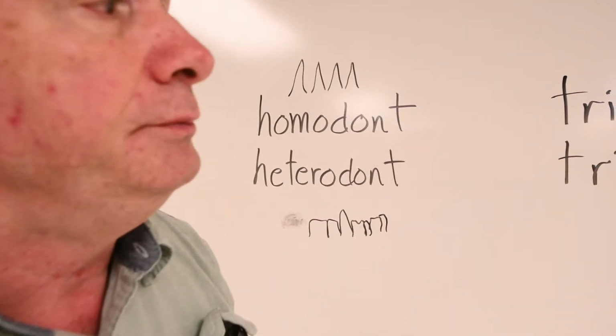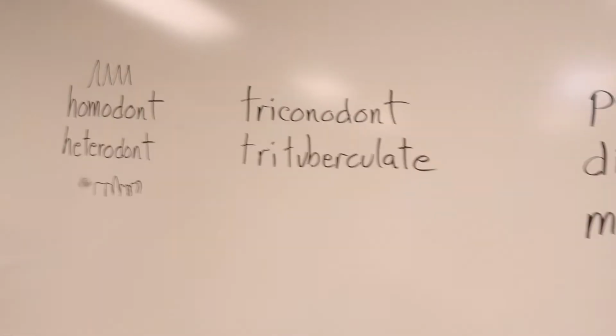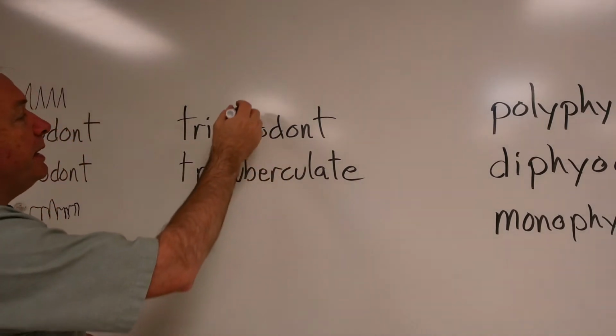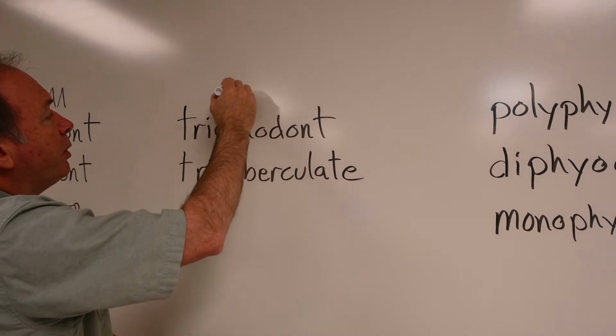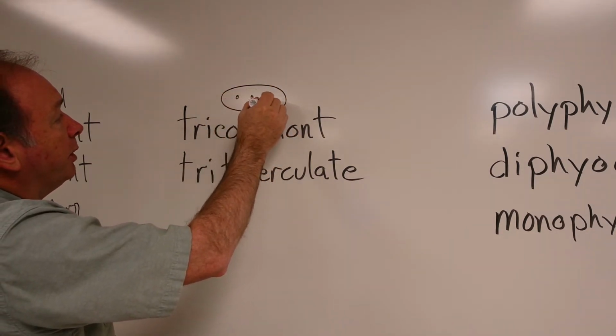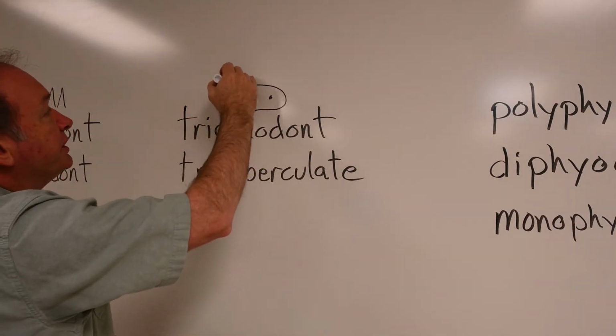Next, triconodont and trituberculate teeth. Triconodont means that the tooth has 3 points on it. So this kind of tooth, so there's a point, and there's a point. So you imagine from the side,